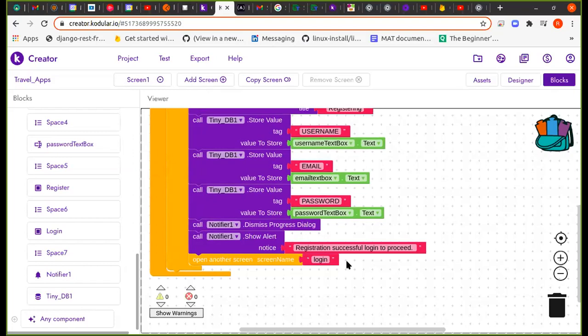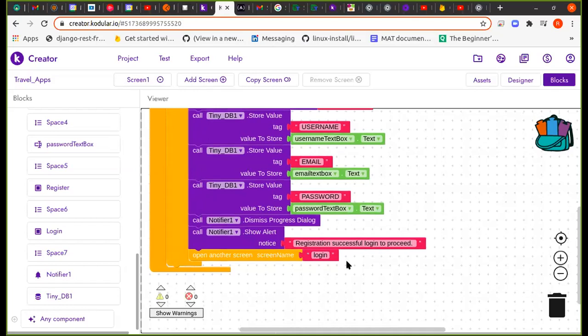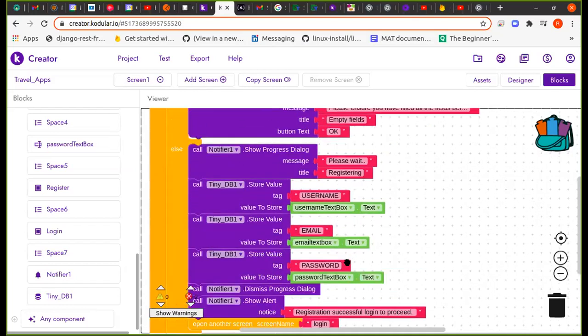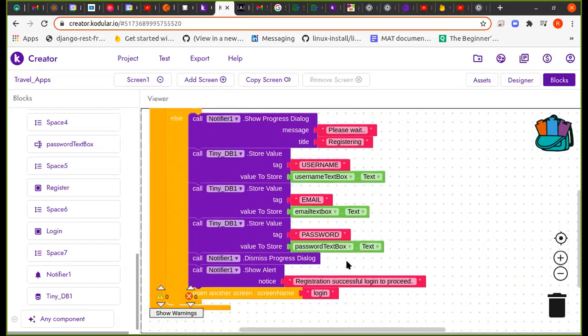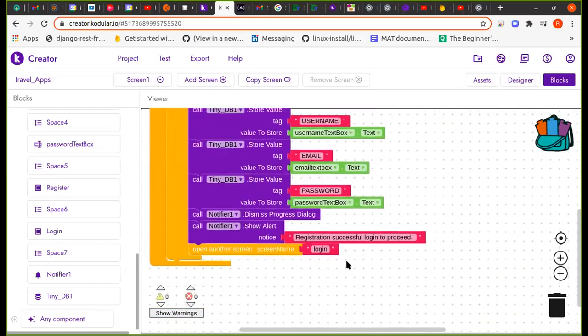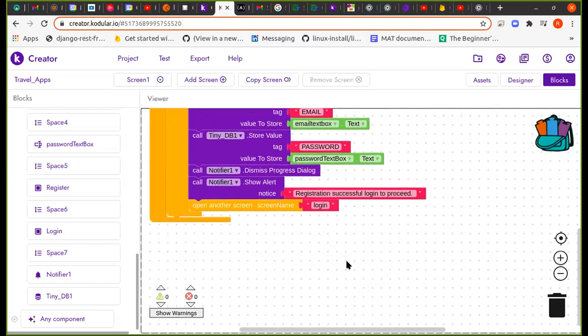So for the last logic, after a user has registered once, they don't have to register again or be taken to this page. So we have to check the moment this page comes up whether we have some data in the Tiny database. And if it is there, we navigate them to the login page right away to confirm their credentials. So what we do is, in the block section, you'll scroll down to see